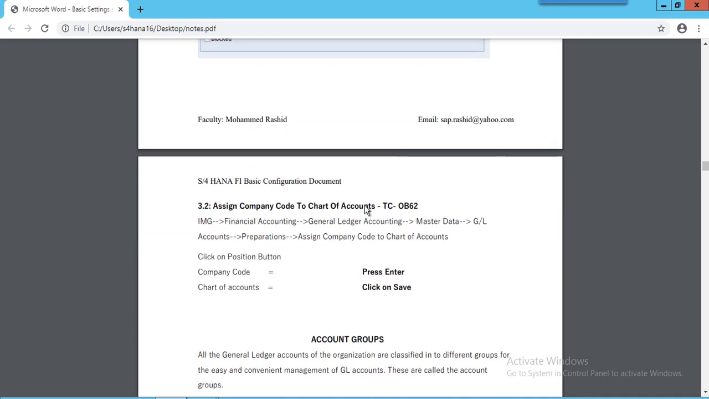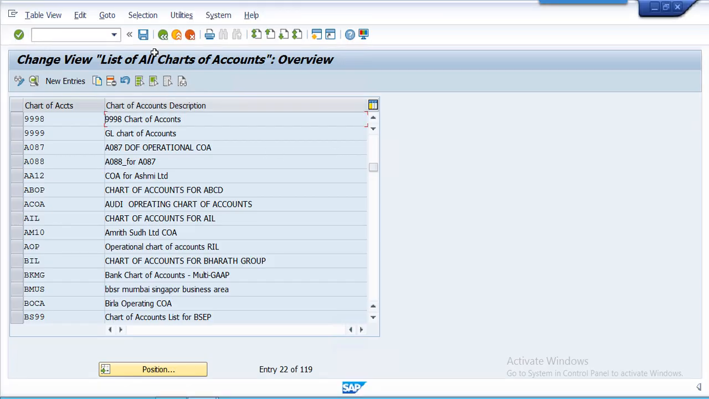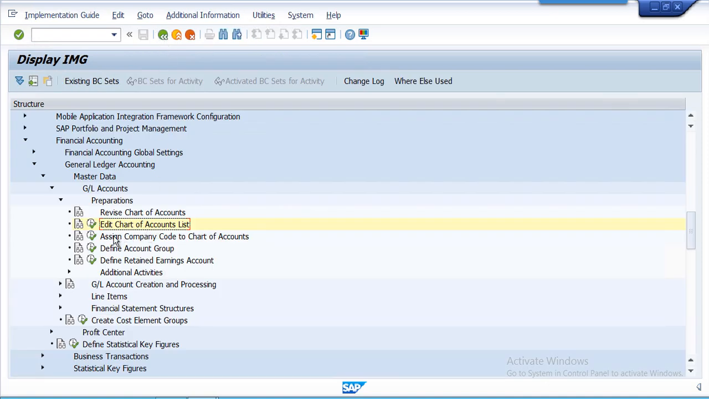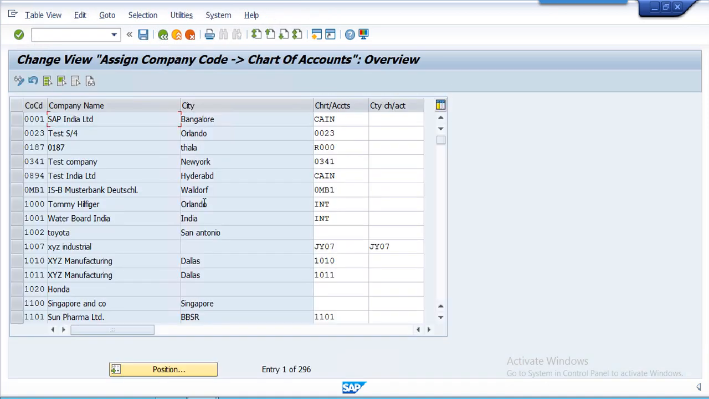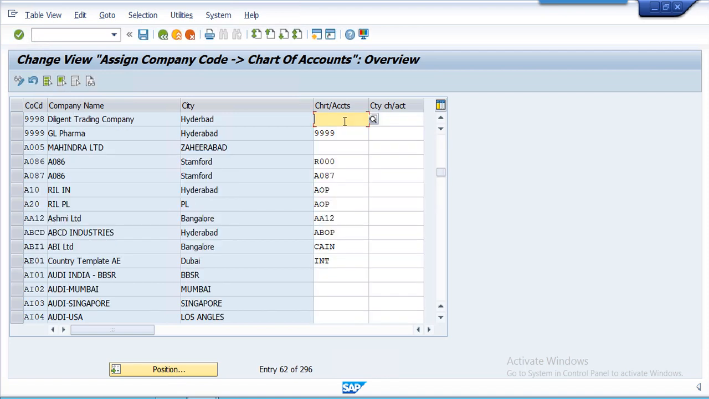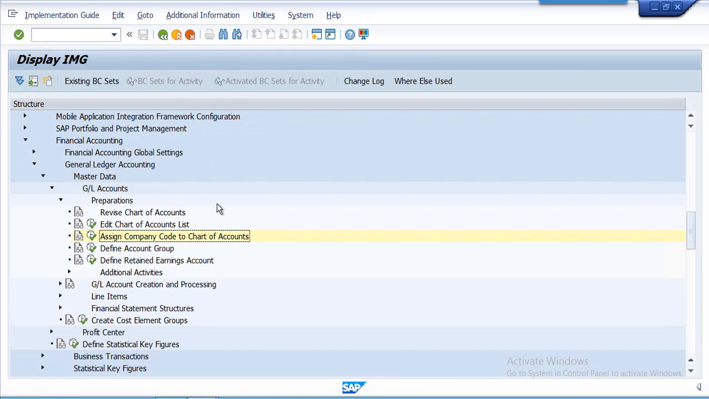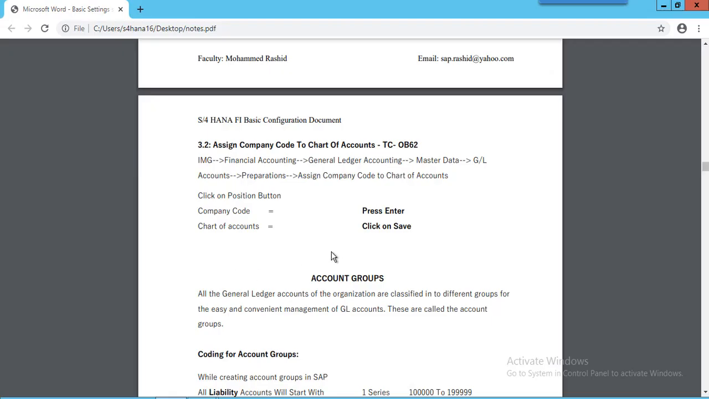Next step is to assign company code to chart of accounts. This is the same step as we did in ECC. Go back, assign chart of accounts. Click on position, enter chart of accounts here, whatever chart of accounts we created in the previous step. Press enter. Go back. Now next step,